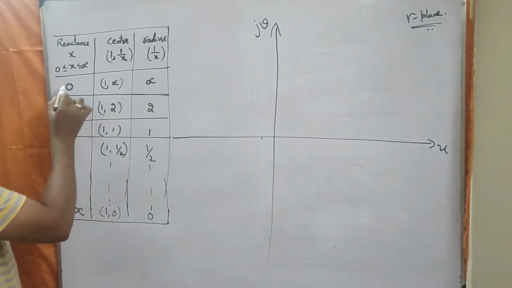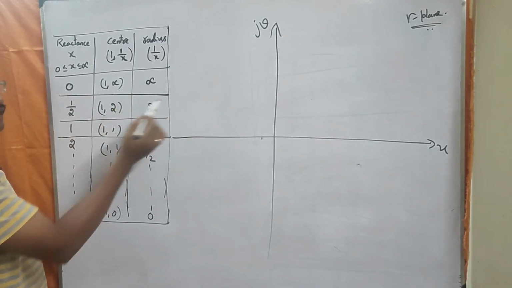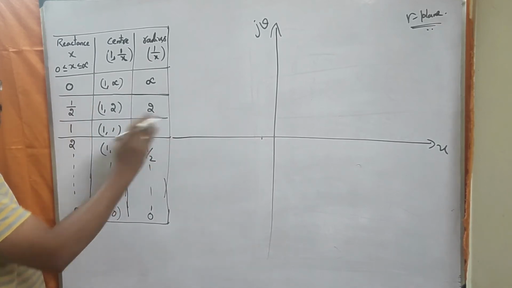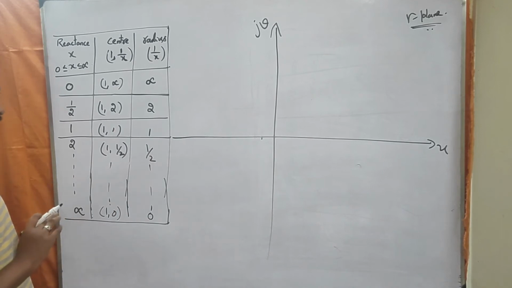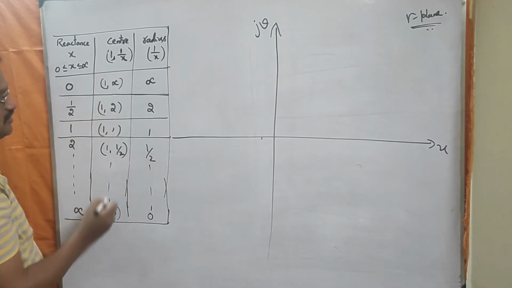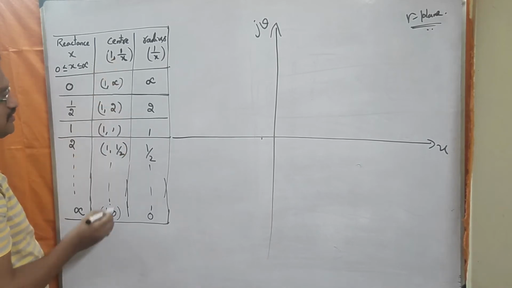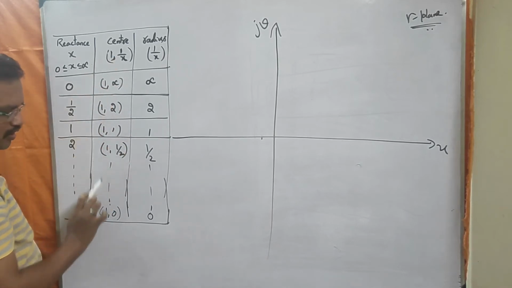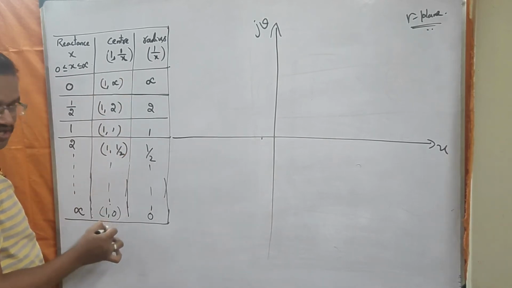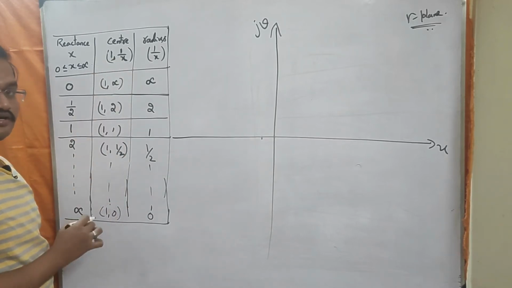So here, for each value of x, you are going to get one circle on the gamma plane. Now we try to draw those circles on the gamma plane. If you observe these centers, the u coordinate remains the same. The u coordinate is 1 everywhere, and only the v coordinate is changing. So if you try to draw the locus of all these centers,